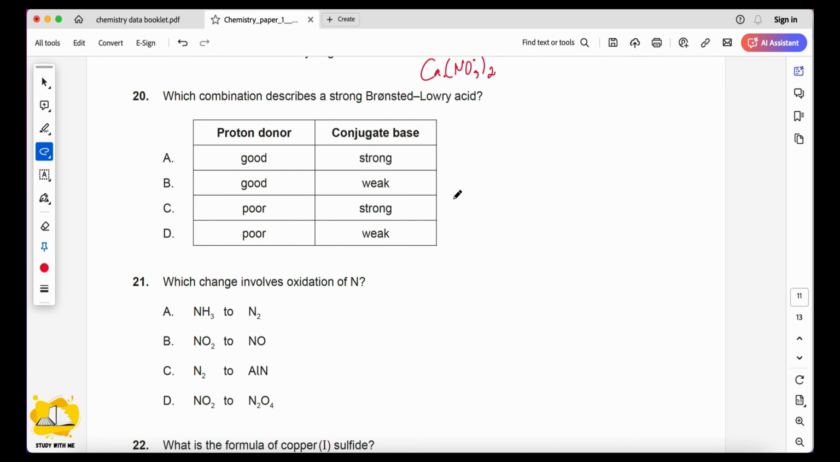Which combination describes a strong Bronsted-Lowry acid? Bronsted-Lowry acid is all about the proton. An acid is a proton donor and a base is a proton acceptor. So a proton donor will be good for a Bronsted-Lowry acid. And if I give you an example,